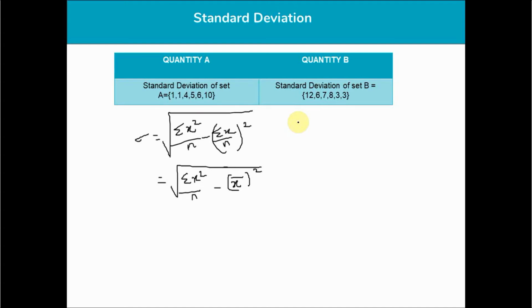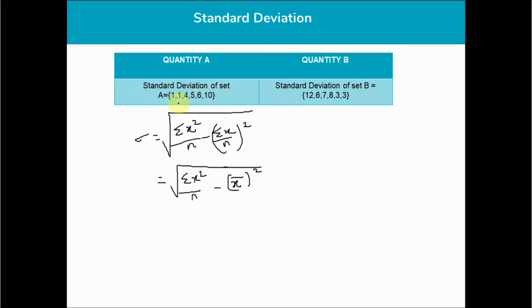If every data point is added or subtracted by a constant, then the mean changes by that constant, whereas the standard deviation remains the same. On the other hand, when you multiply every data point by a constant, then the standard deviation gets multiplied by that constant. It's a very important rule that you should know for standard deviation. That way, it is easy to crack problems related to standard deviation.